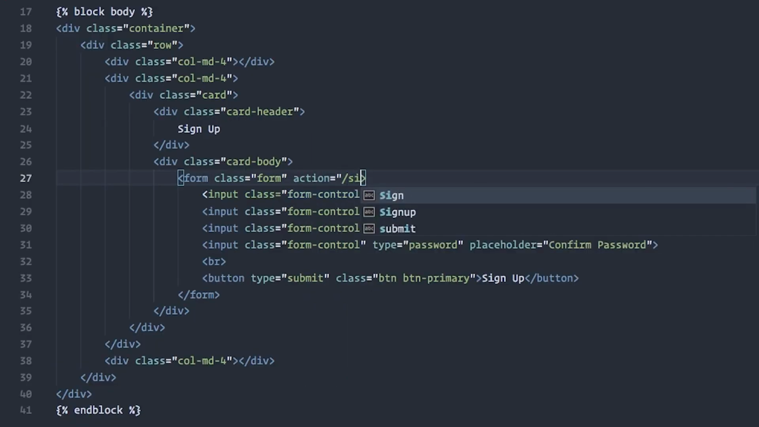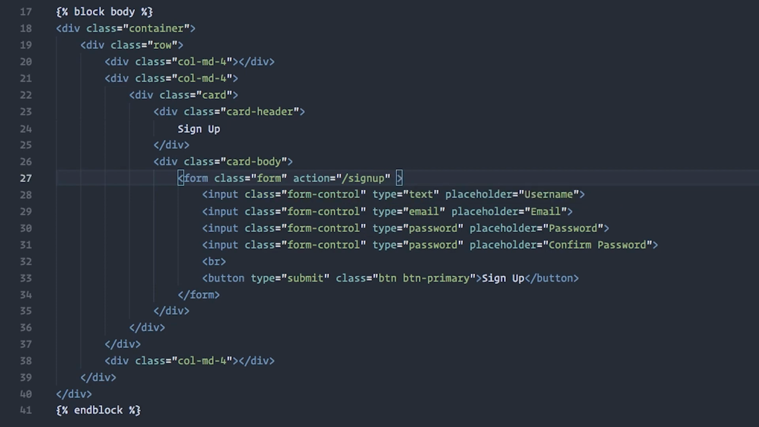And that's just going to be /sign up. It'll be the same route that we're on, and you'll see how that's going to work in a minute. And then the method, we want to post this data to our database. So real quick before we're done with the HTML, we need to do one more thing, and we need to set some name properties so that we know